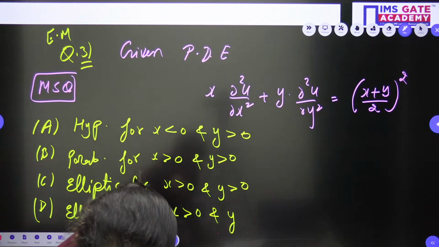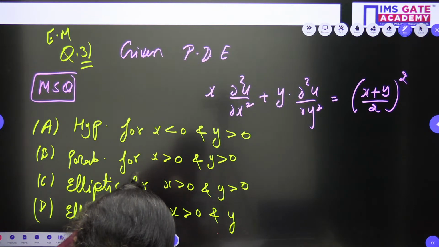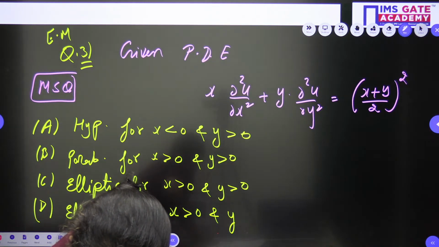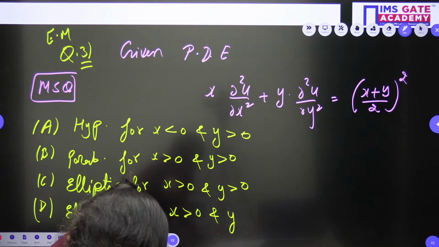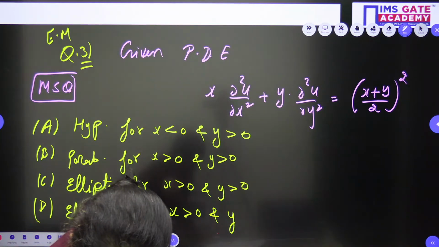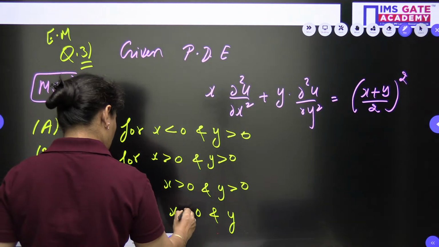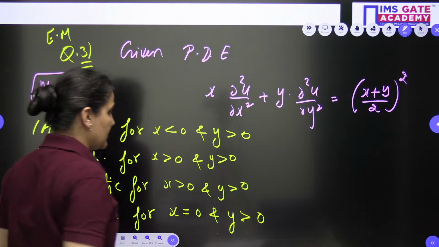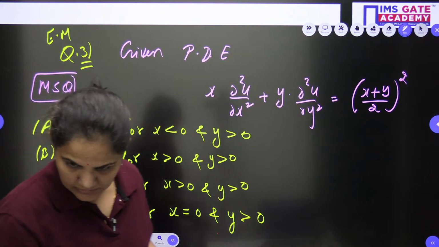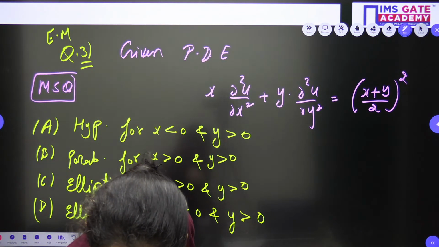You can give me the confirmation of this option, whether it was the same or not. Please confirm the options whether it was the same or not. Okay, you can just give me the confirmation about the options. For x is equals to 0, I think it is for x is equals to 0 and y is greater than 0, right? Yes.